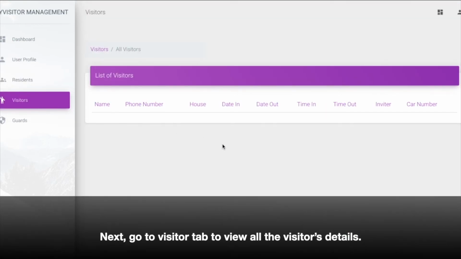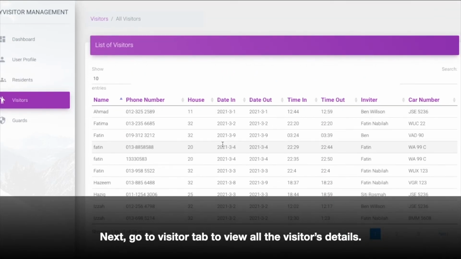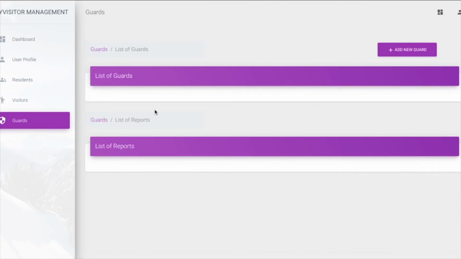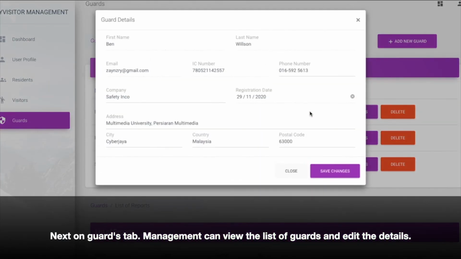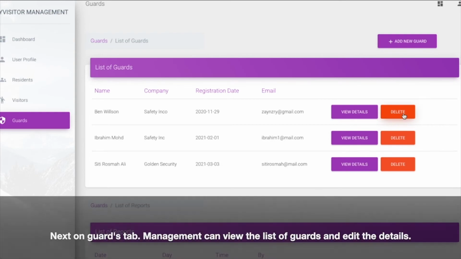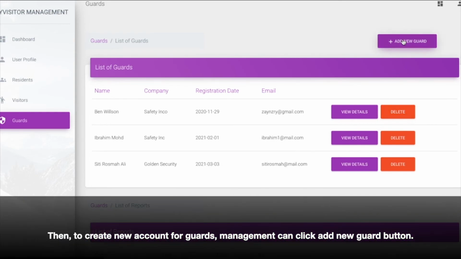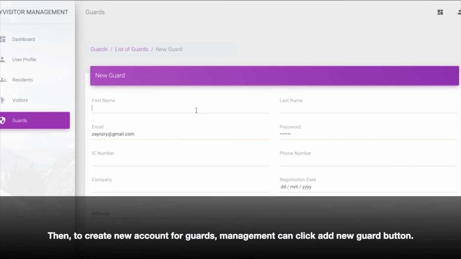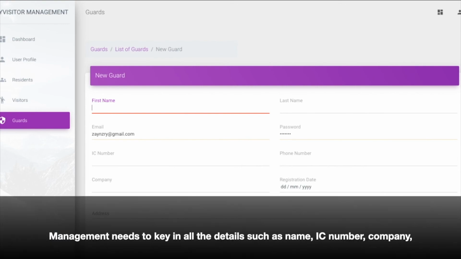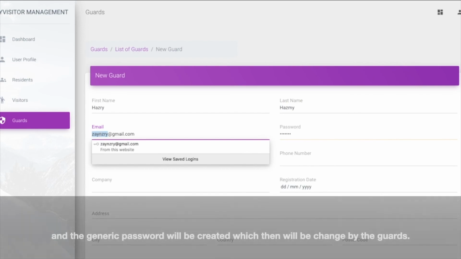Next, go to the Visitor tab to view all the visitors' details. Next, on the Guides tab, management can view the list of guides and edit their details. Then, to create a new account for guides, management can click the Add New Guide button. Management needs to key in all the details such as the name, IC number, company, and a generic password will